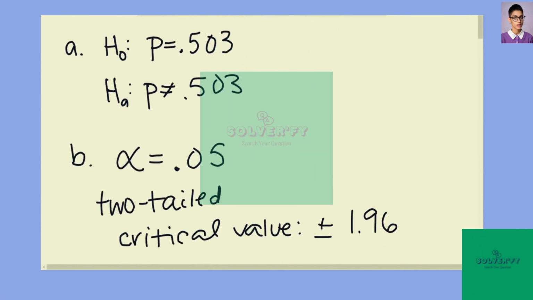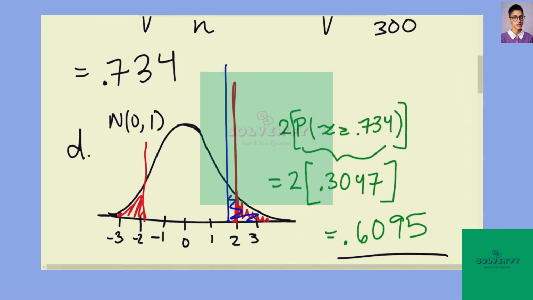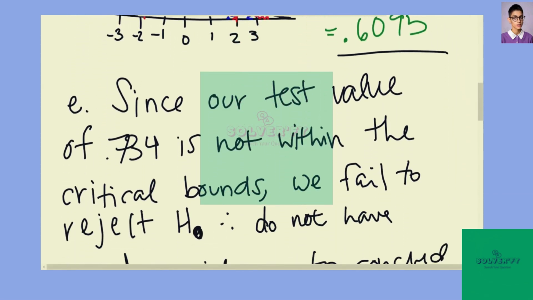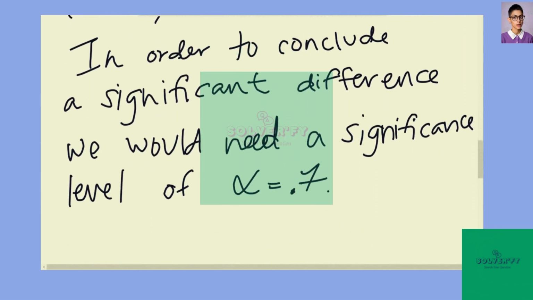So we have part A, part B, part C, part D, part E, and then